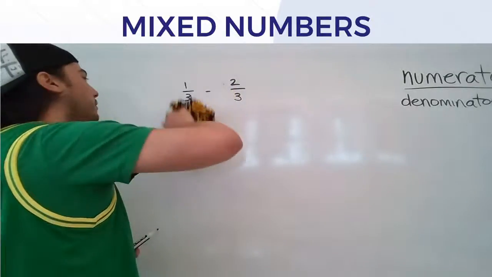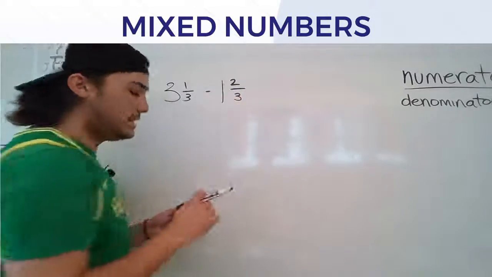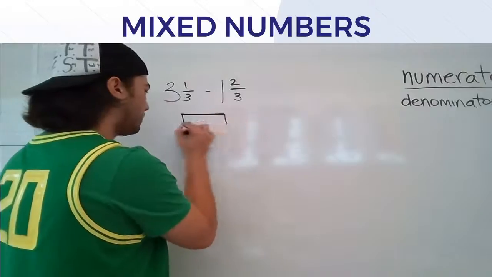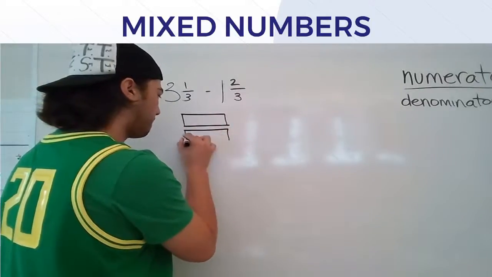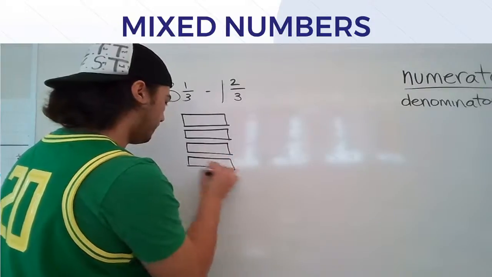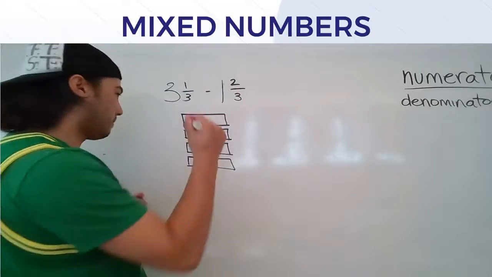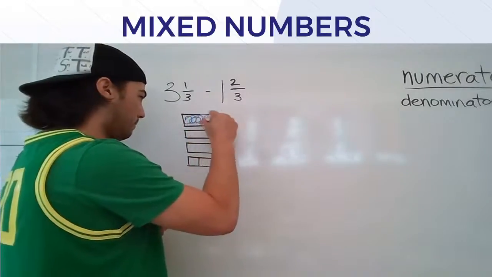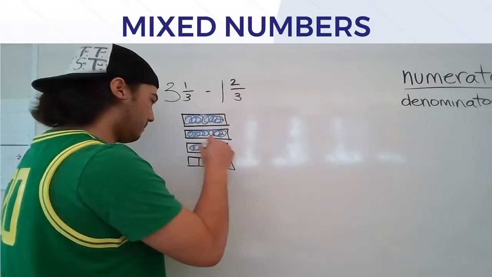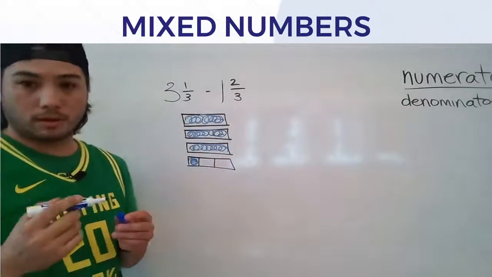Because I know for some of you it really, really helps to see those fraction bars. So 3 1/3, there's our 3 1/3 minus